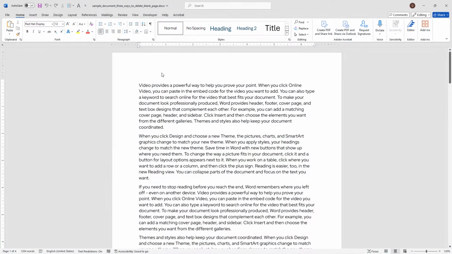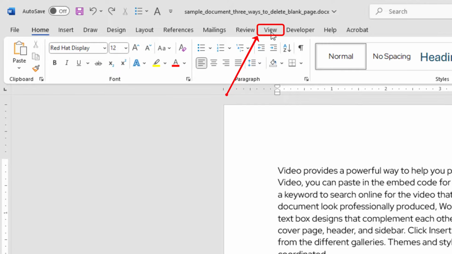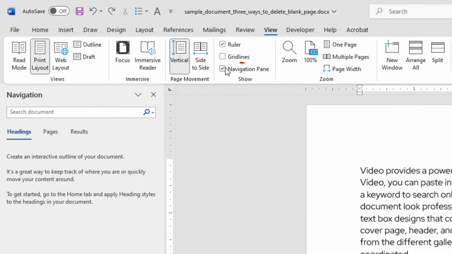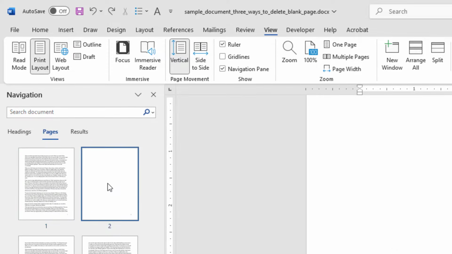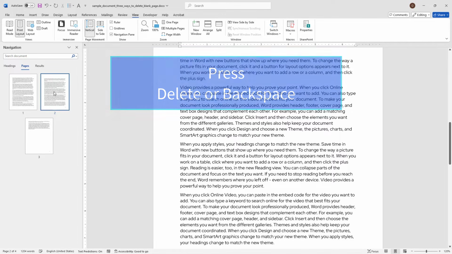If you have tried the previous method and the blank page didn't delete, there could be several reasons. Blank pages may not always appear in certain layout views, and formatting issues in Word can sometimes create blank pages, even when they aren't visible in the page layout view. If you can't delete the blank page in normal view, try removing it using the navigation pane. Go to the View menu in the ribbon, and enable the navigation pane in the Show section. In the navigation pane on the left, click on the Pages tab, and select the blank page from the list. Once it is highlighted, press the delete or backspace key and the blank page should disappear.